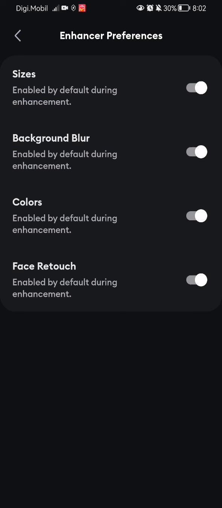and the face retouch. Now everything is already activated in my case, and I suggest you to keep it that way. But if in any case you want something to be deactivated, here is where you can find them. It's up to preference at the end of the day, so I thought I'm going to show you this,